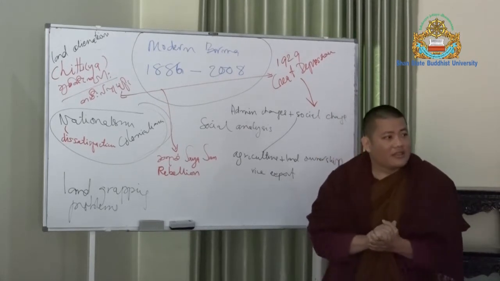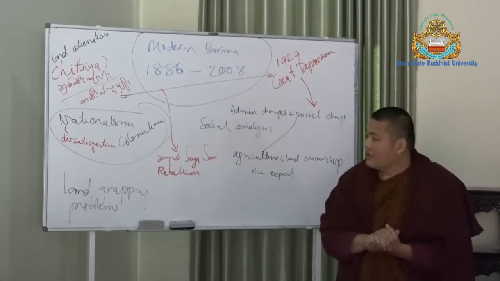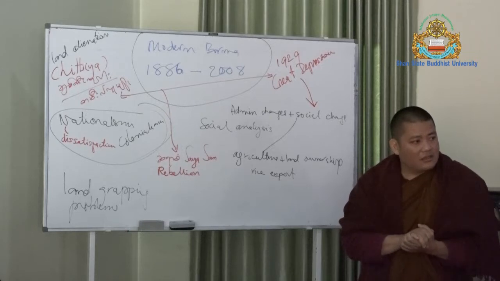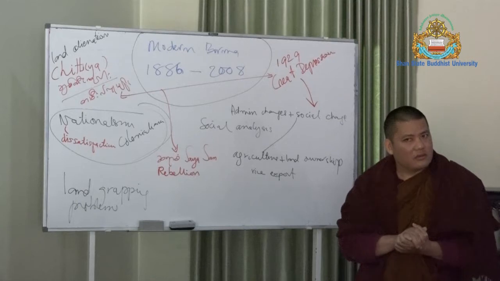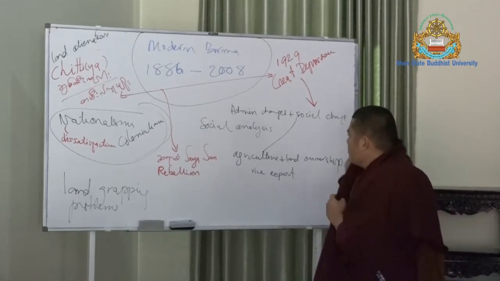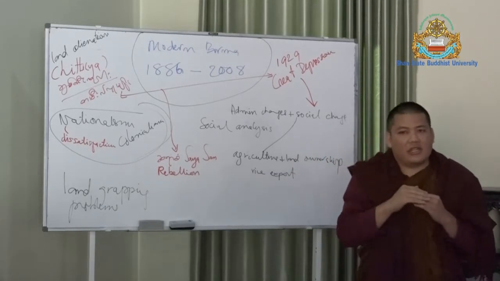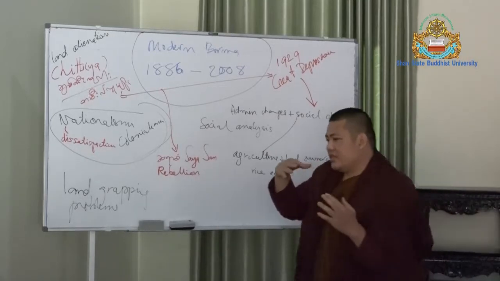May I ask one question? Yeah, please. As you mentioned, during the colonial period, some kind of land grabbing and money lending happened in Burma proper, in the plain land, or did it also happen in hill areas like Shan State or other states? I think you have to go back to after the Second Anglo-Burmese War, when the British